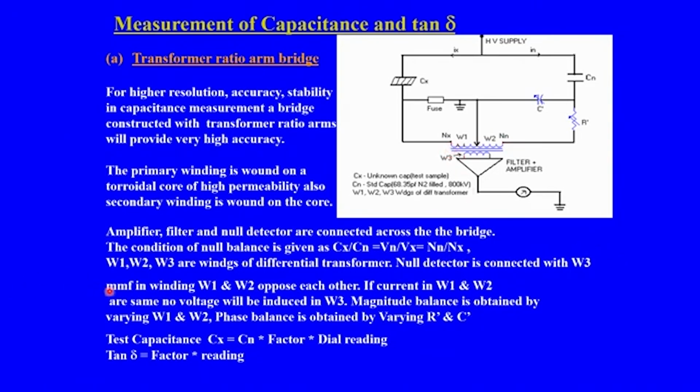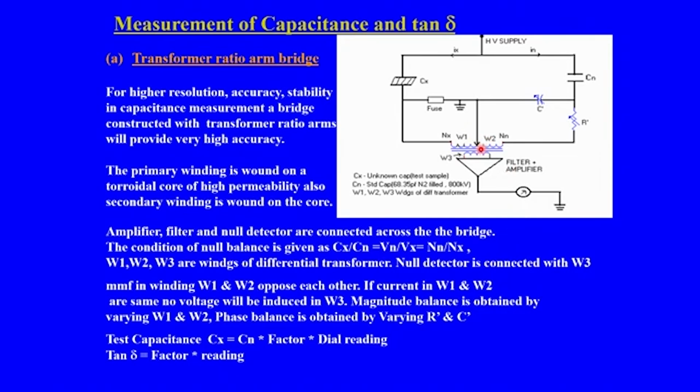Where W1, W2, W3 are the windings of the differential transformer shown here. The null detector is connected with the W3 winding, you can see here. So, the MMF in the windings of W1 and W2 oppose each other. If the currents in W1 and W2 are the same, no voltage will be induced in W3. So, the magnitude balance of the voltage is obtained by varying either W1 or W2,